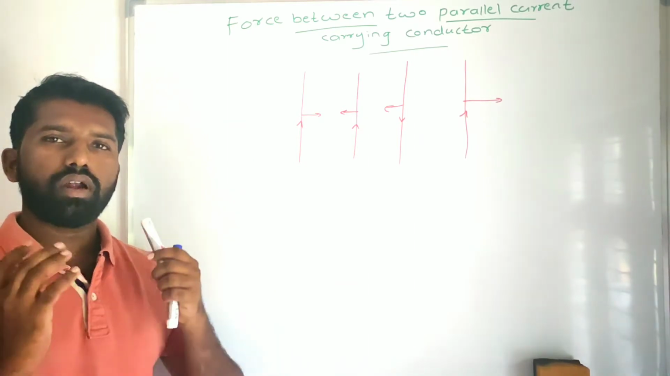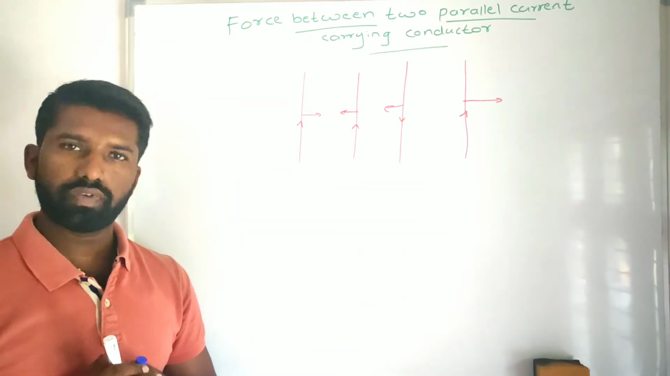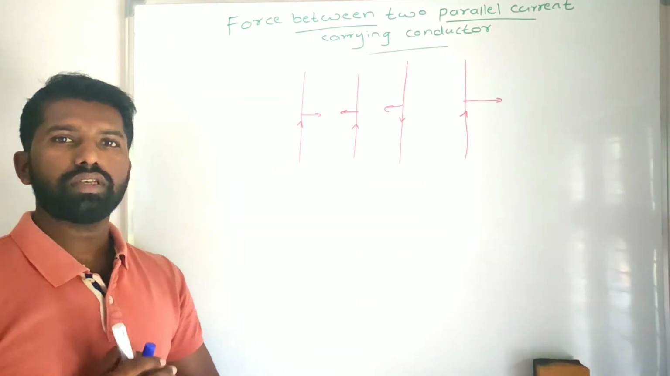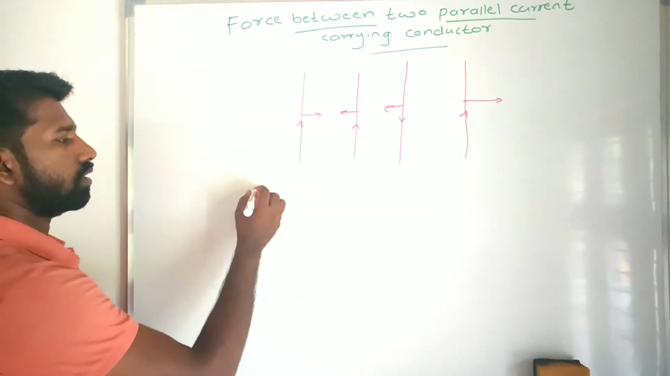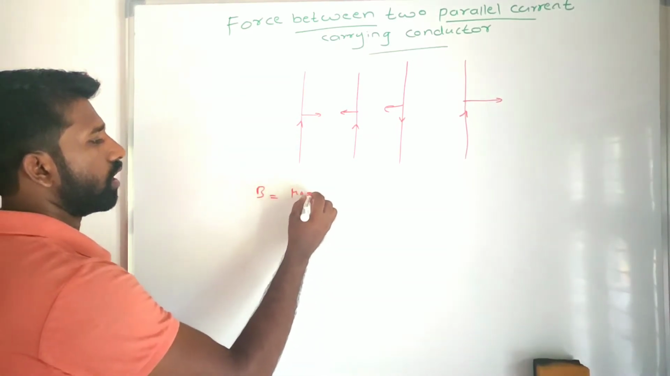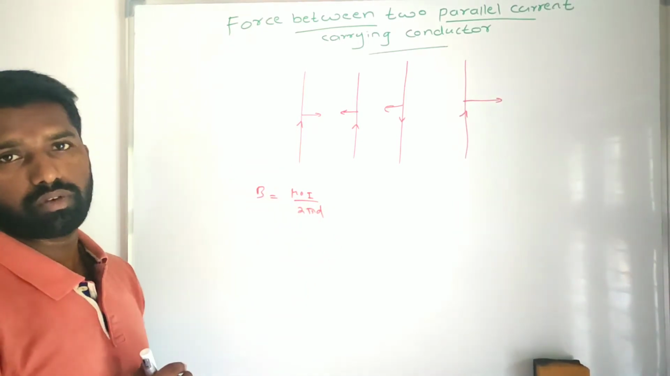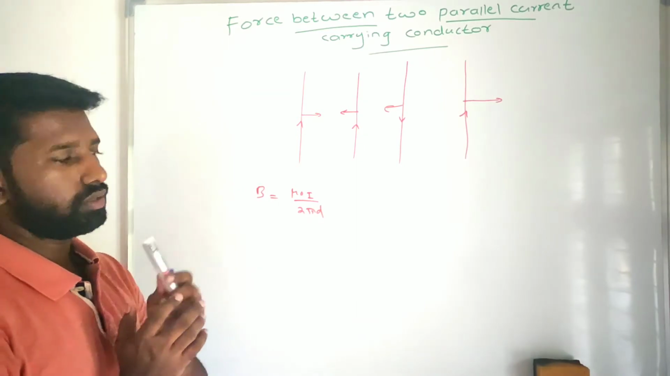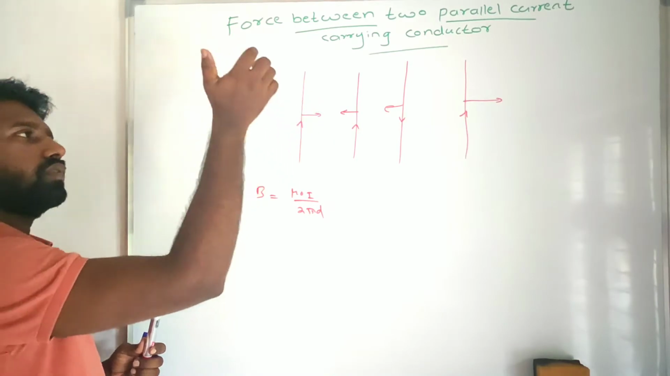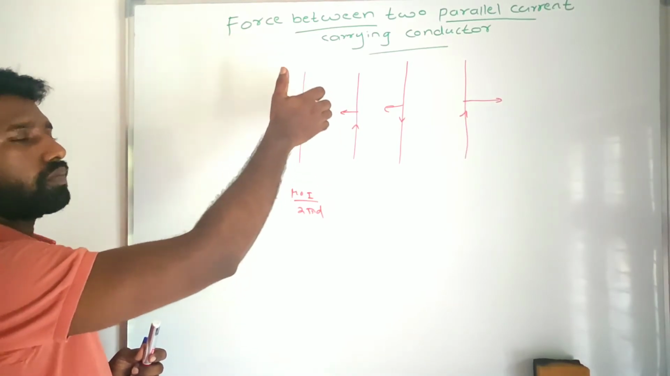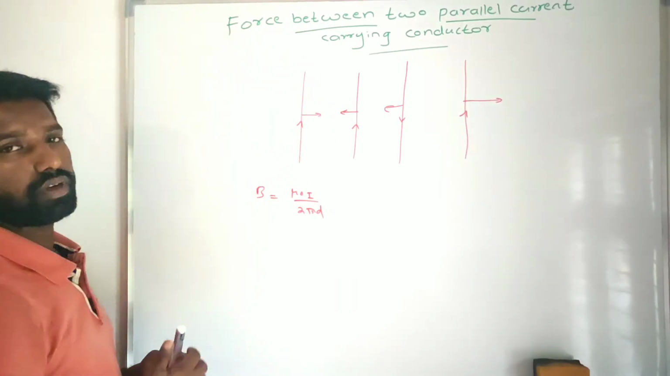Okay, so we all know that a current carrying conductor produces a magnetic field. If it is infinitely long, the magnetic field formula is B equals mu 0 I by 2 pi d. And the direction of the magnetic field can be found by using the right hand thumb rule. How to apply the right hand thumb rule? Place your right hand in such a way that the thumb points in the current direction, and the curled fingers give the